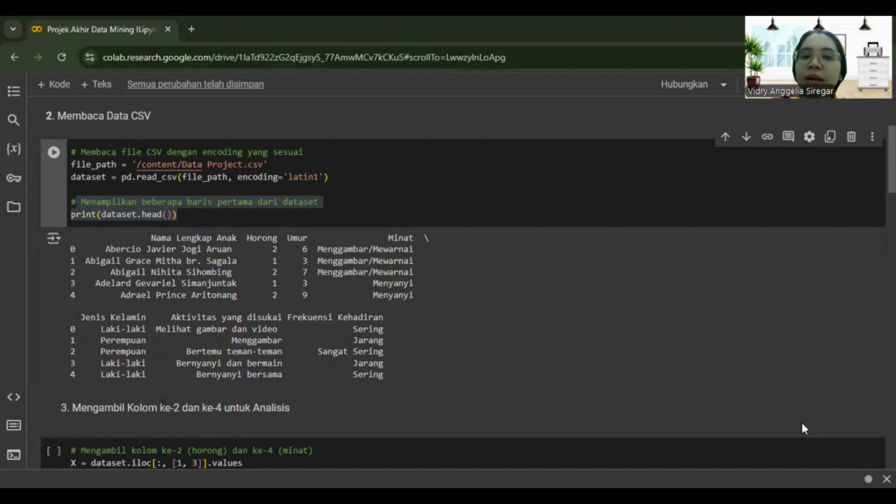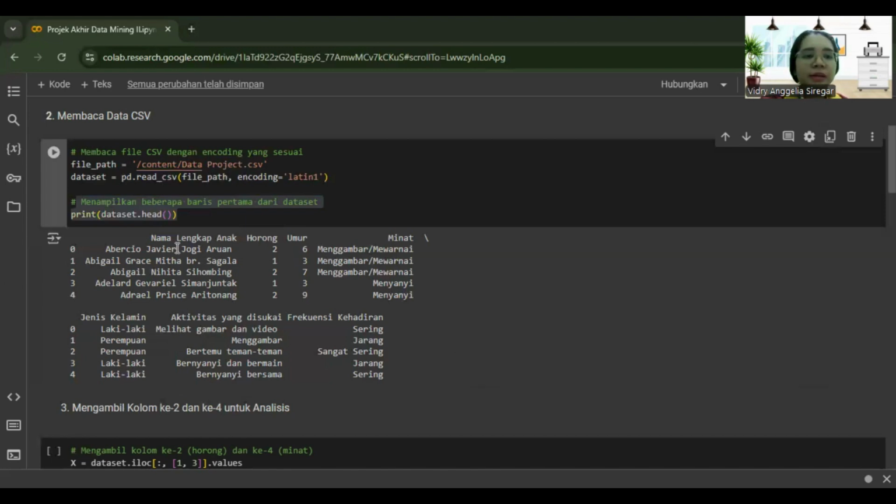Number 2, reading CSV data with proper encoding. To overcome this problem, we can use a different encoding such as Latin-1, which is more tolerant of various non-standard characters. Once the data has been successfully loaded into the data frame, you want to look at the first rows of the dataset to verify that the data has been loaded correctly.